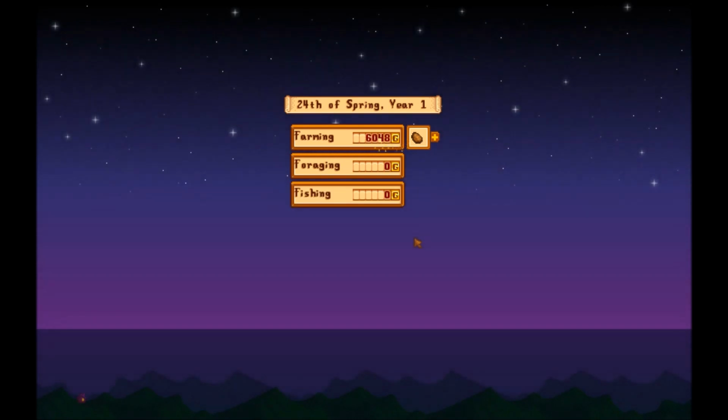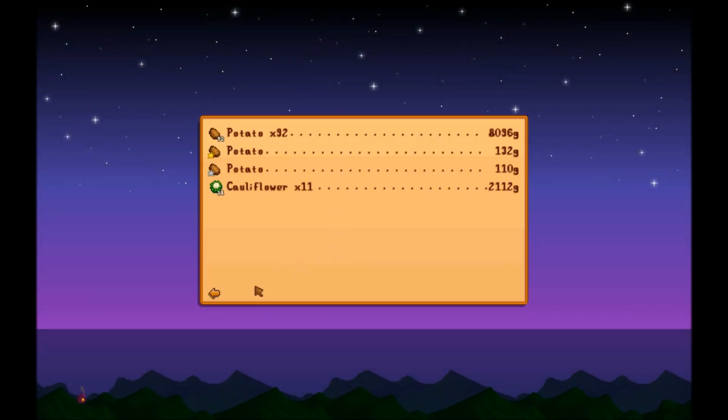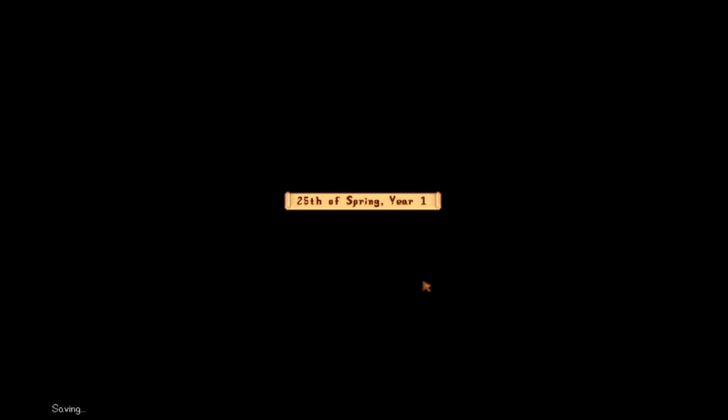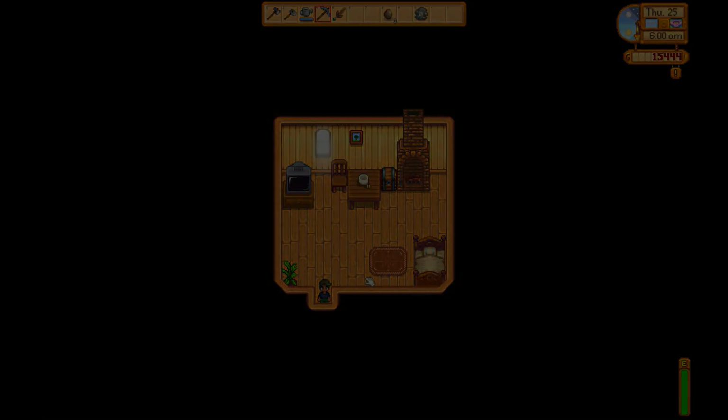More valuable crops is the way to go because I don't do the animals. Wow, almost 10 grand in farm produce there. That's pretty good. I didn't expect it to be that high. Definitely wish I'd been paying attention. Now I could have got one more potato crop in. But I made that mistake for you guys, so...